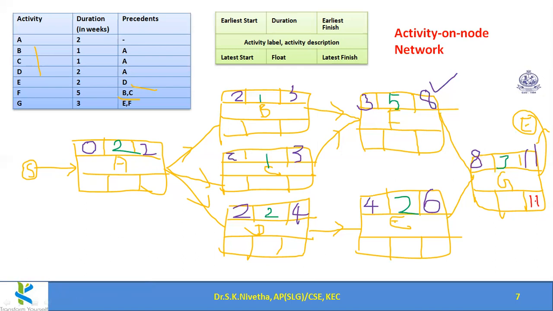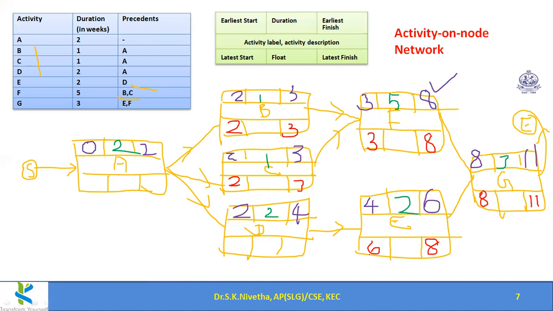Without changing the final schedule, how can we adjust other activities? 11 minus 3 becomes 8. Yes, right. So this can be completed during 8th week. So 8 minus 2 becomes 6th week. I can start with some delay. Here 8. 8 minus 5, 3. For this only 3rd week. So if this is to be started with 3rd week means if this is to be completed in 3rd week. So 3 minus 1 becomes 2. 3 minus 1 again becomes 2.